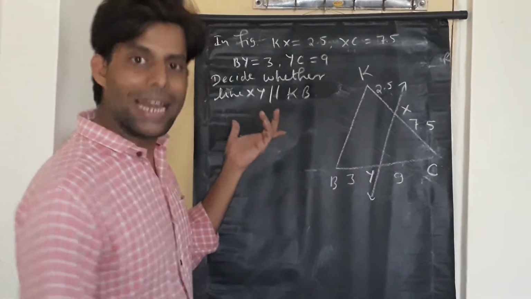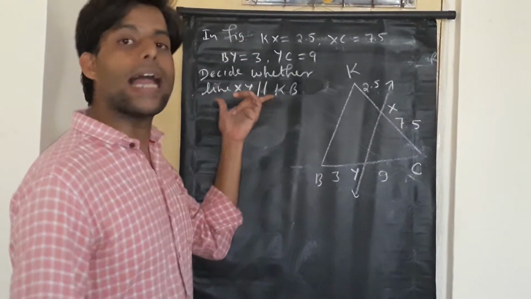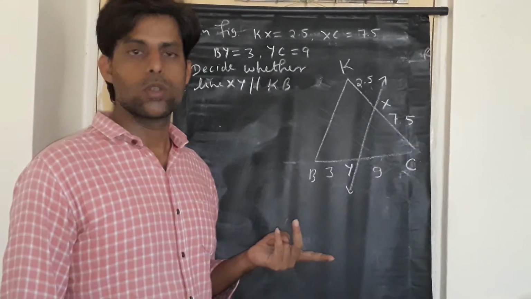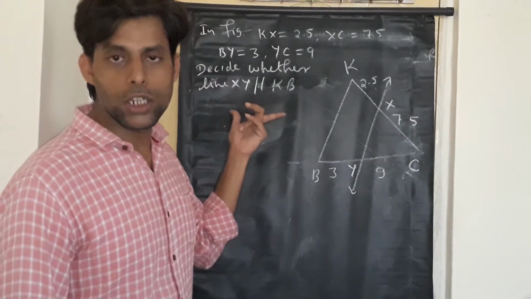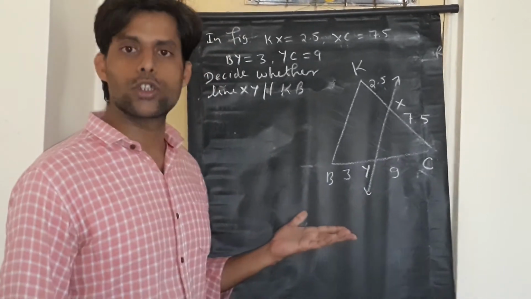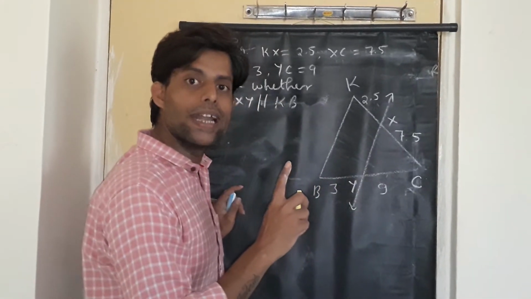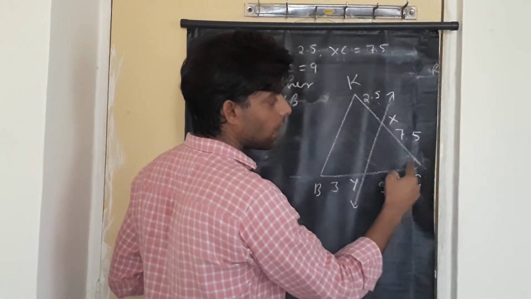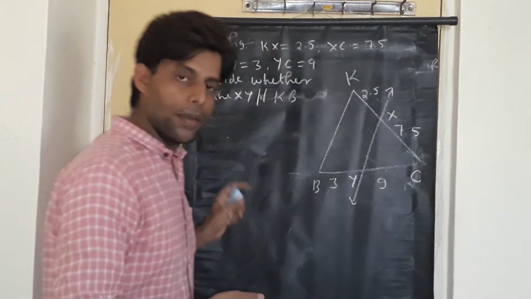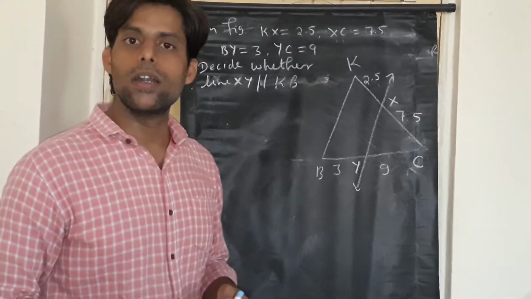So we have learned, हमने पहले भी पढ़ा है, that when will the lines be parallel? Yes, we have learned that lines are parallel only when the ratios are equal. So once again, when will the lines be parallel? When the ratios are equal. Which ratios? This time I want the answer from you. I have told you which ratios. The ratio should start from the vertex containing the triangle. So C say you will start, CX upon XK, CY upon YB. If these ratios are equal, we can say yes, XY is parallel to KB.